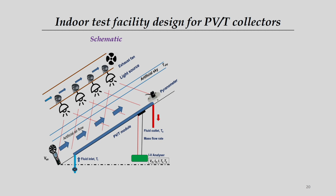Also, we have developed one indoor facility, because every time we will not get the amount of solar insolation required for testing. So, we have developed a setup so that we can perform the experiments in the lab itself. These lights are installed at a particular height that was optimized, and then the PV module to be tested is installed here, and then other measurement techniques are installed, and then we will have a data acquisition system to measure all